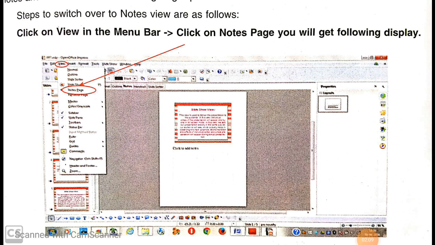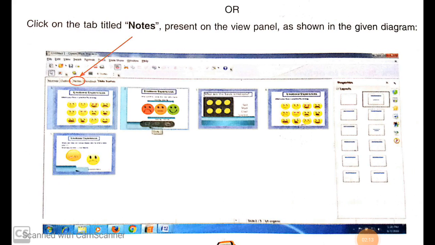Or you can click on the tab titled Notes present on the view panel as shown in the given diagram.